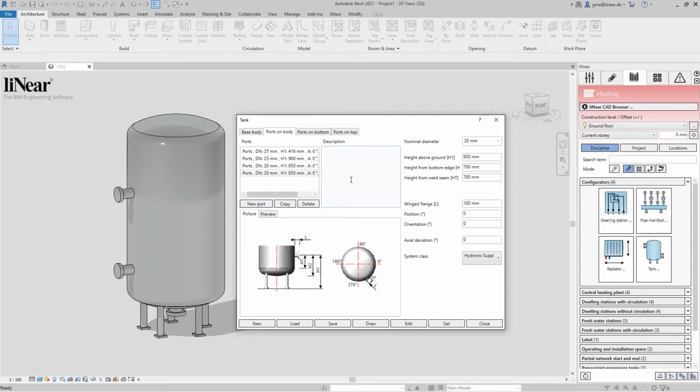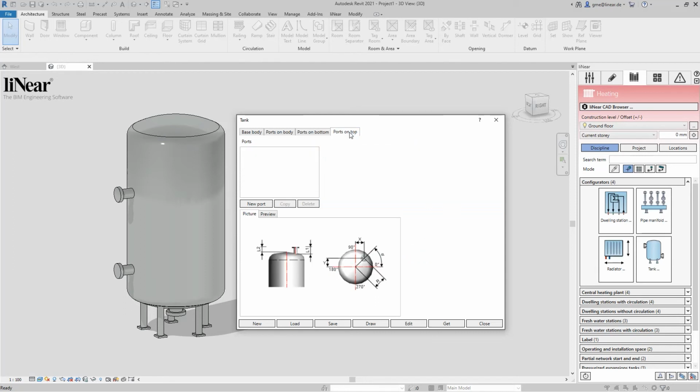With a comfortable copying function, I create another connection piece and define the system and the placement as well. As a further side port, I add a blind flange on the back of the tank. By choosing the alignment, this is also easily done. I simply enter 180 degrees and the port will be on the back side.